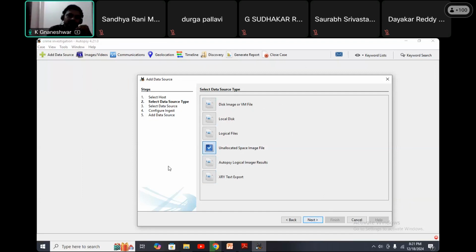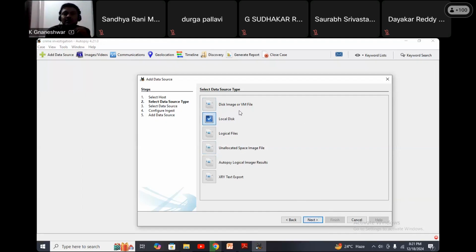So here, I am going to apply Autopsy on these two options. First, I am applying the disk image file and next the local disk. Disk image file means if any image file is there, then use it. Local disk means my pen drive. First, apply on the pen drive. I have already plugged my pen drive into my laptop. If you have a pen drive, then only select this one, otherwise it won't accept it. Local disk, pen drive, selected.